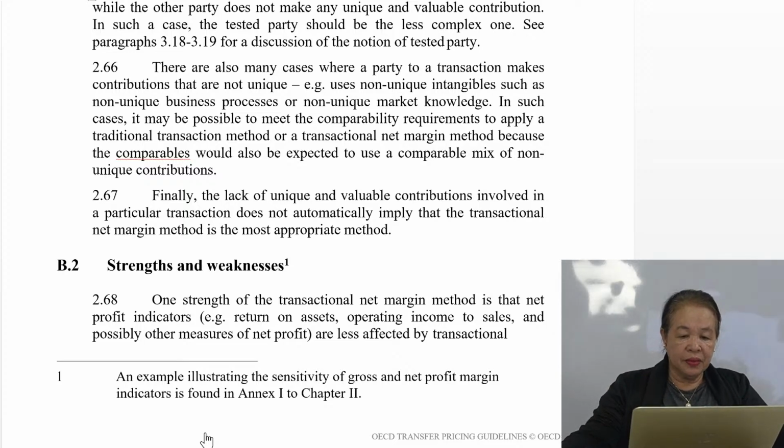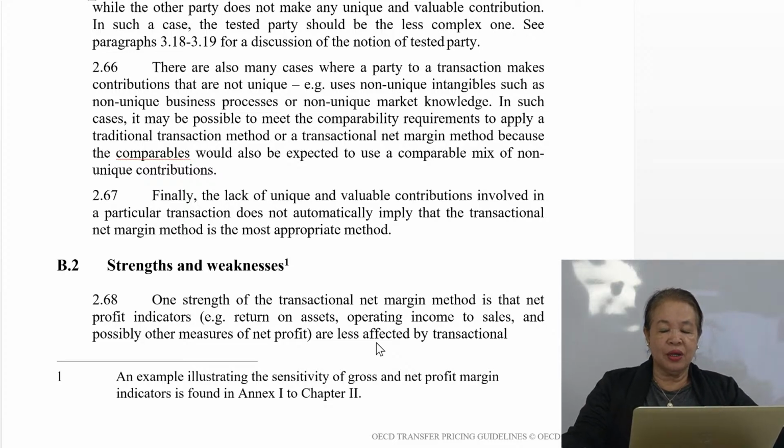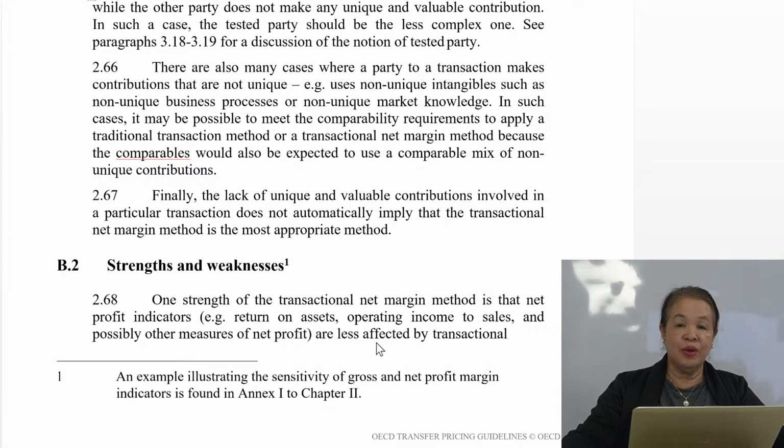So, there are also many cases where a party to a transaction makes contributions that are not unique. So it uses non-unique intangibles such as non-unique business processes or non-unique market knowledge. So in such cases, it may be possible to meet the comparability requirements to apply a traditional transaction method or a transactional net margin method because the comparables would also be expected to use a comparable mix of non-unique